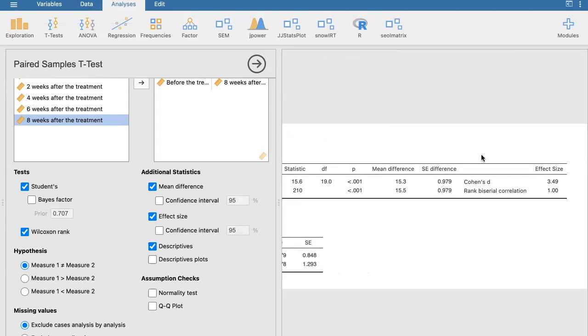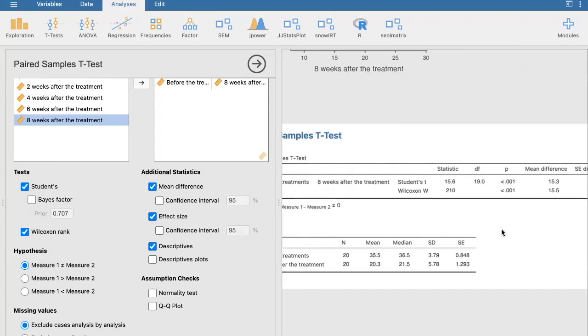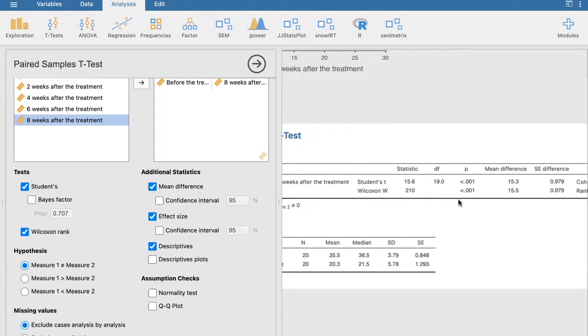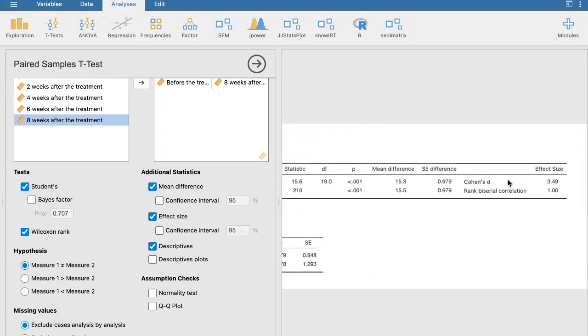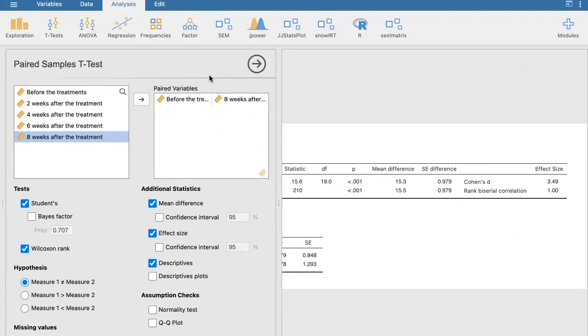That is why you exactly get a coherence D of this value. And then let's go with the Wilcoxon. Here you have effect size from biserial correlation, rank biserial correlation. So here what happens is this is a correlation for the two times here. So if you consider these two variables, before the treatment and after 8 weeks, as A and B, or if you assign the values 1 and 2 for before the treatment and after the 8 weeks,